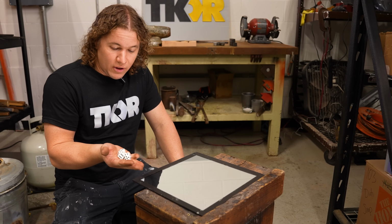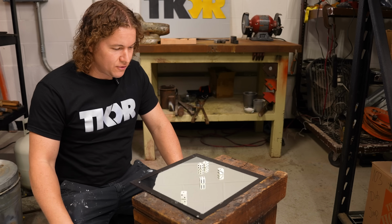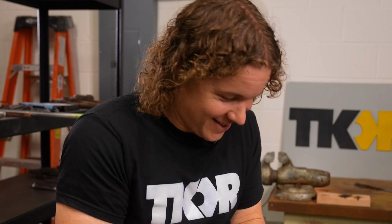You don't really have to worry about rolling on something fragile like your table or glass, for instance. But with these dice,